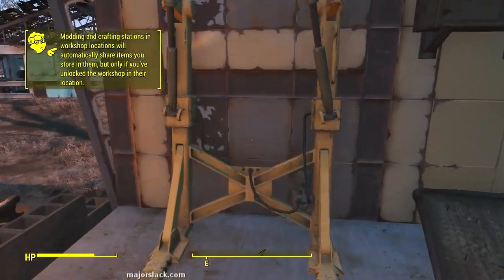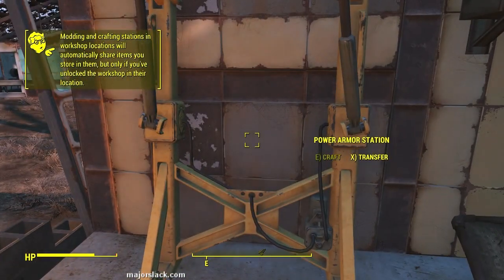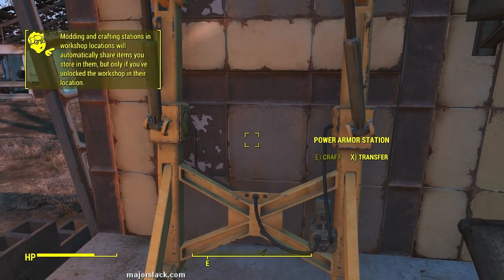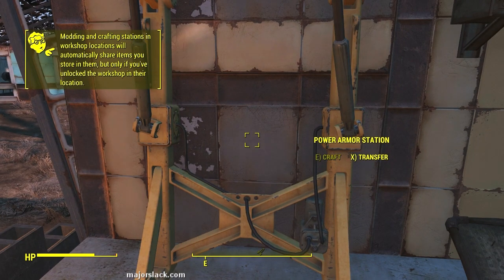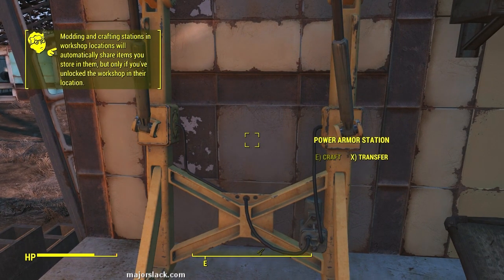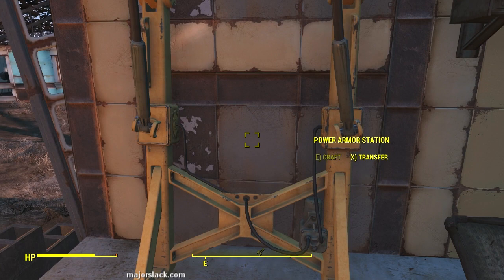Over here is the power armor station. Power armor is like this big metal suit that you can find. You'll find these metal suits all over the wasteland, and you can wear this power armor. It gives you lots of damage reduction and other abilities too. I won't be using power armor much in this walkthrough, but here's where you can fix and mod power armor